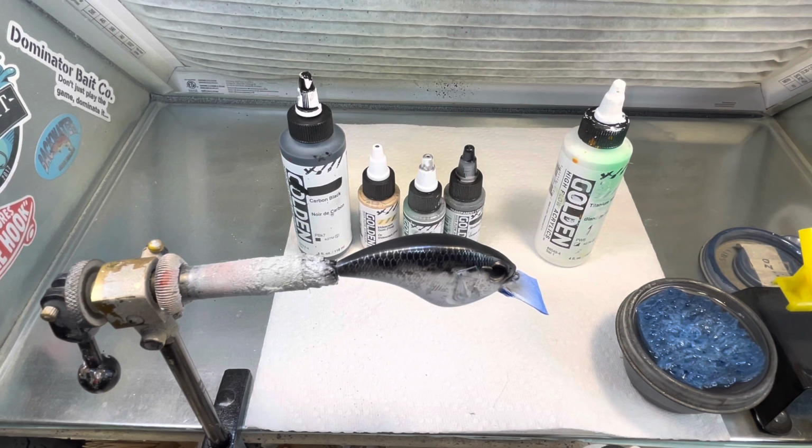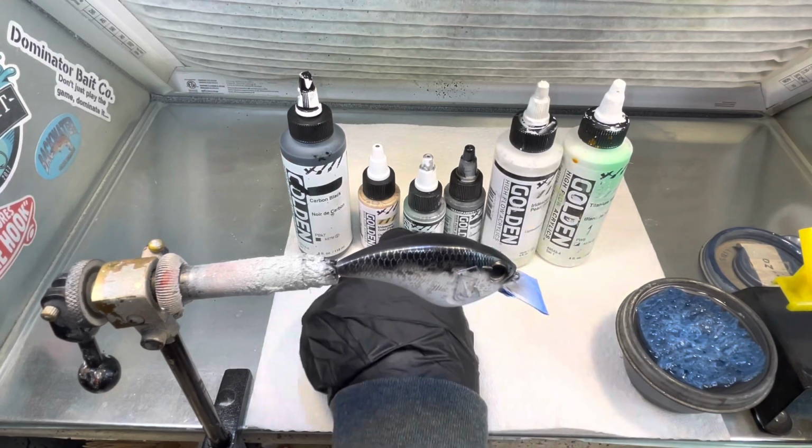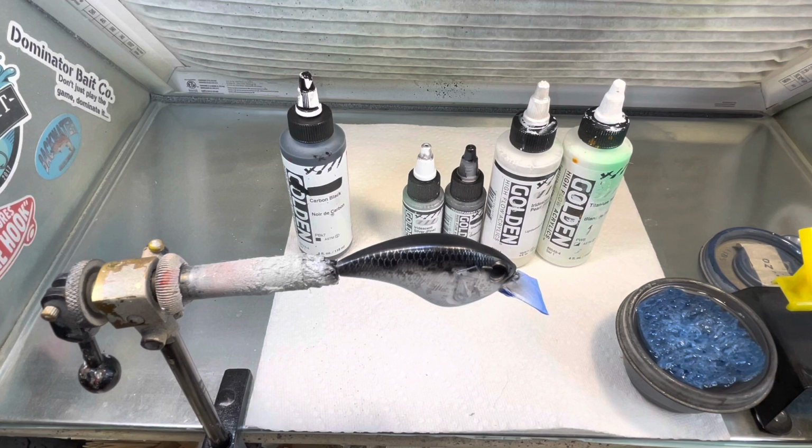I'm going to clean the gun out really fast. Okay, get this dried out. And then what we're going to do is, I'm going to put a little bit of iridescent gold fine in it. The eyes I got a little bit of gold in them. And I'm just going to put a little bit of this mottled right here by the face, just to kind of accent the color, because I am going to use the gold. Like I said, I'm not going to use a lot of this. I'm actually using the ultra fine